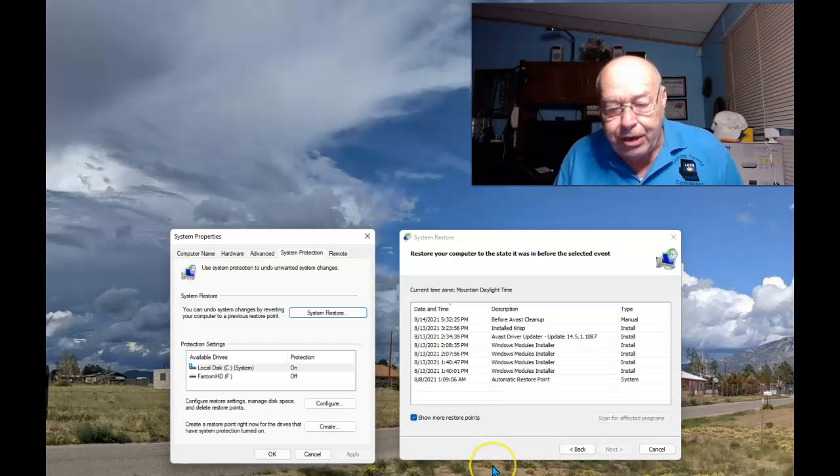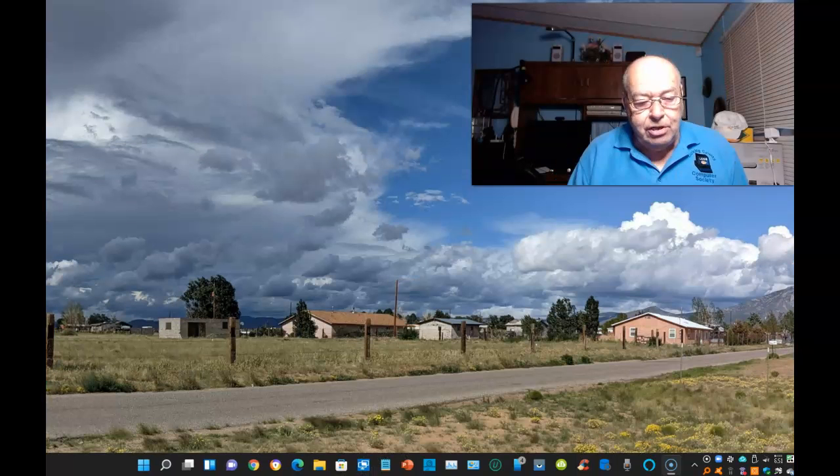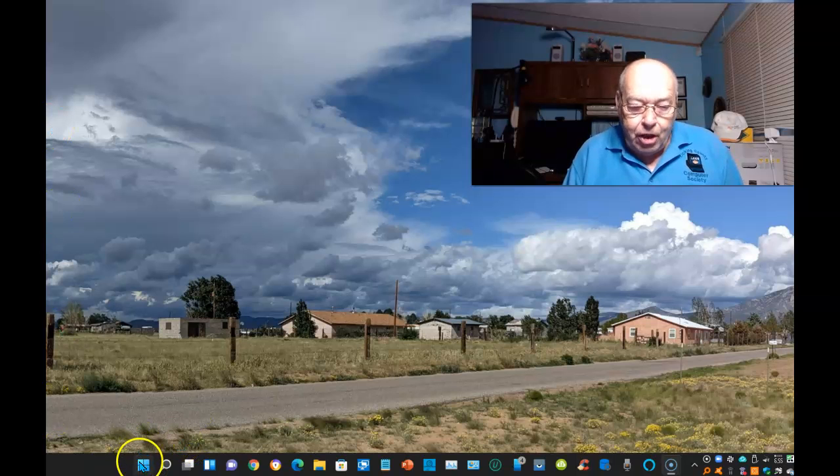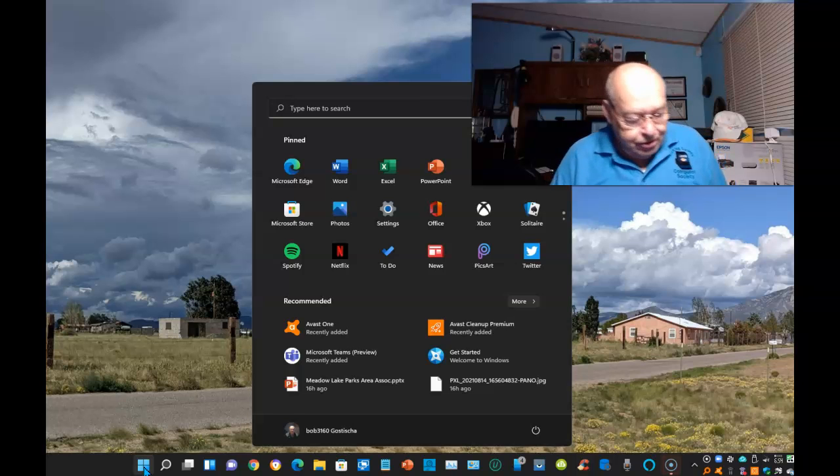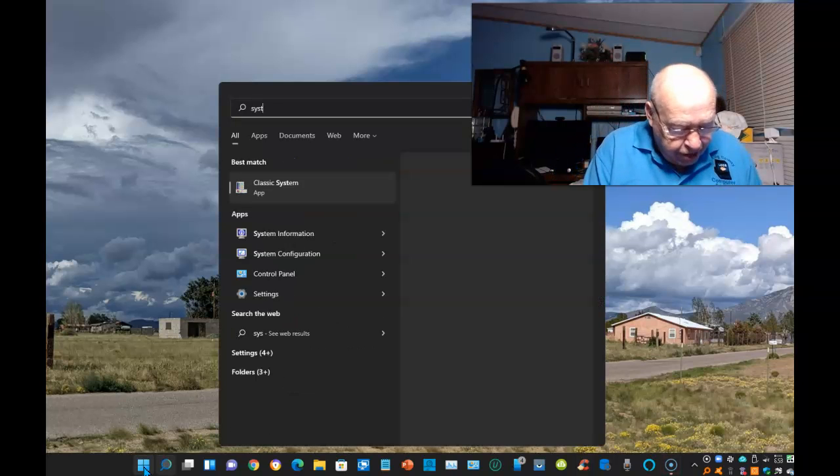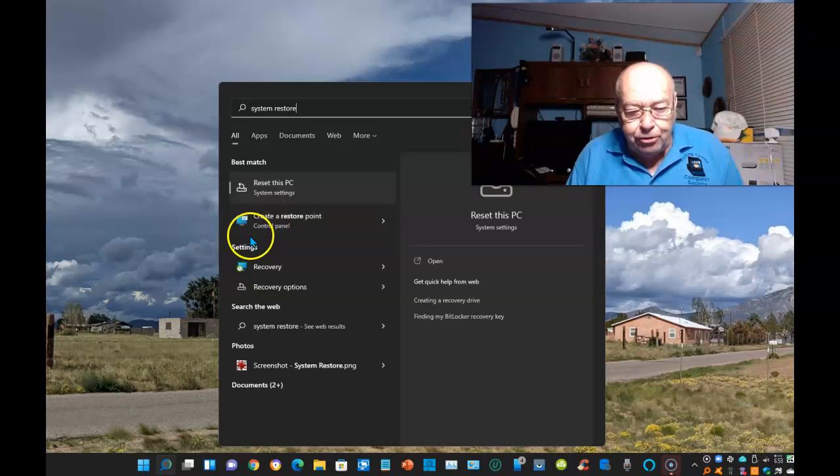Let's get to the tutorial of turning it on. The easiest way to open System Restore is click on the Start button. Once it opens, start typing System Restore, and you'll see something that says Create a Restore Point. That's what you select. From here,